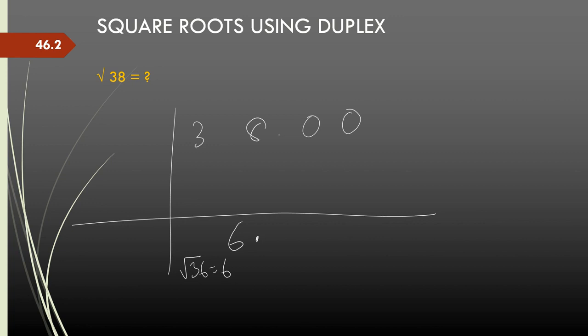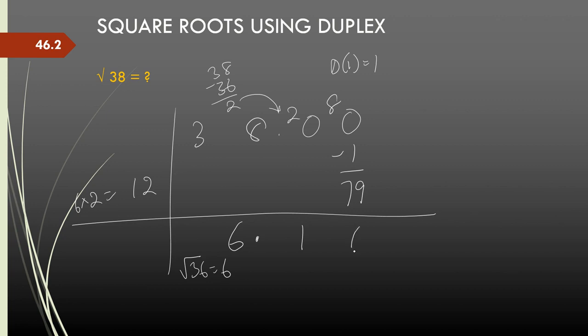Then, like we did last time, 38 minus 36 is 2, and 2 goes to the next number as carry forward. So, that becomes 20, and we also write 6 times 2 is equal to 12 here, which is my divisor. Now, 20 divided by 12 gives me 1 time. 8 is the carry forward, so the next number is 80, and then I take d of 1, which is 1 itself. So, 80 minus 1 is 79. Now, 79 divided by 12 is 6 times, 72.